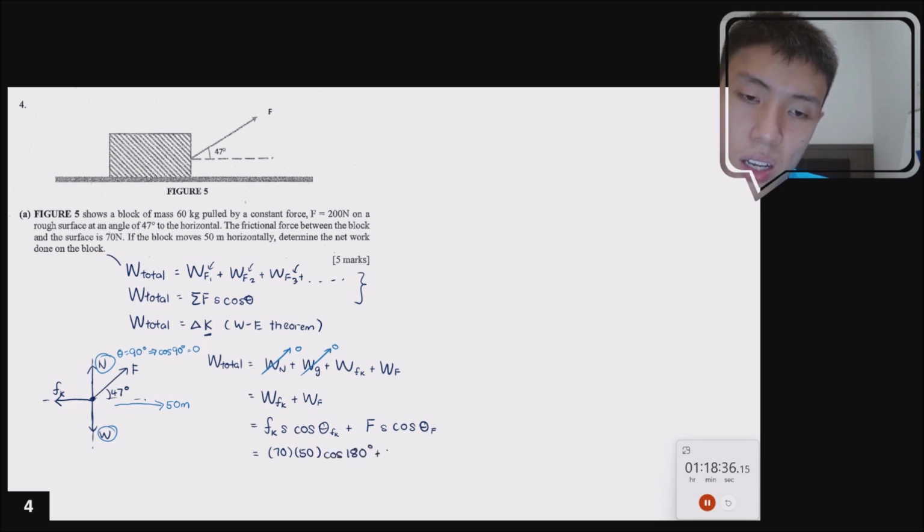Okay, next, your external force is mentioned to be 200, displacement is again 50. So this is your external force, this is your displacement. The angle between them is 47 degrees, so that will be cos 47 degrees. If you combine them, I believe you get negative 3500 first, then you get